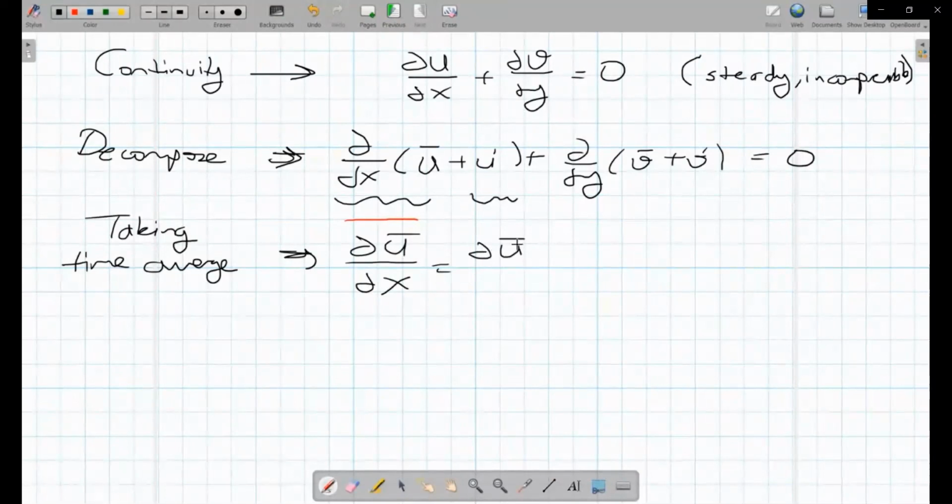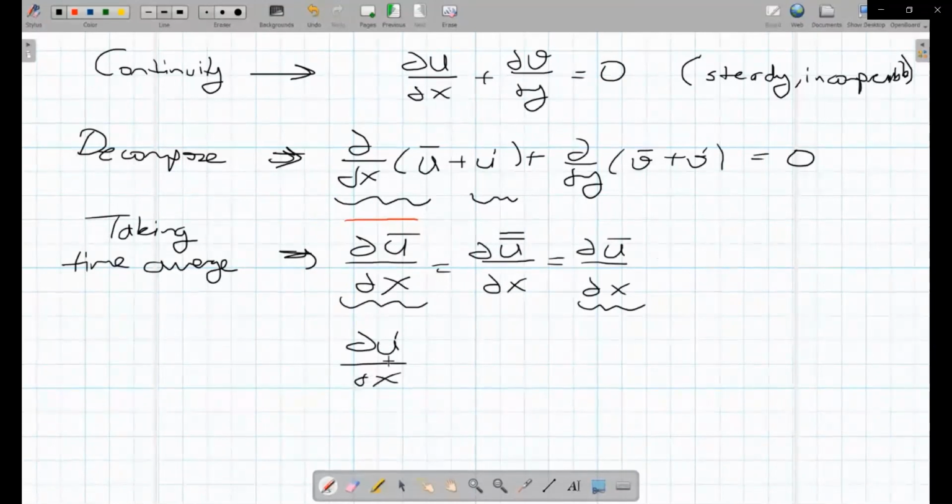So the average of u bar is of course equal to itself, so this is just equal to du bar dx. The average of this term is equal to this. The second term,